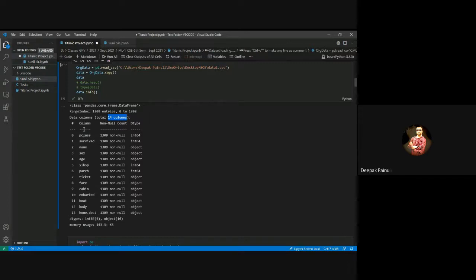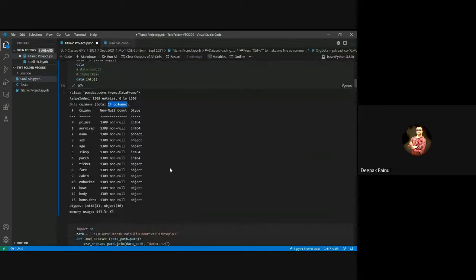Feature names are pclass, survived, name, sex, age, sibsp, parch, ticket, fare, cabin, embarked, boat, body, and home.dest, right? So these are our feature set. Out of these, one is our target feature and the rest will work as our input features, right? So let's move ahead.